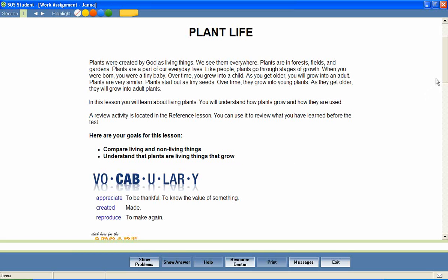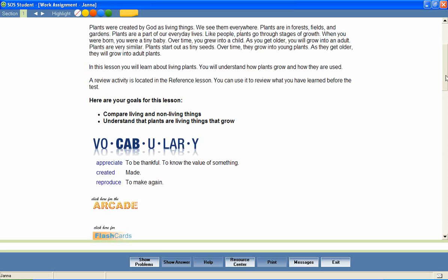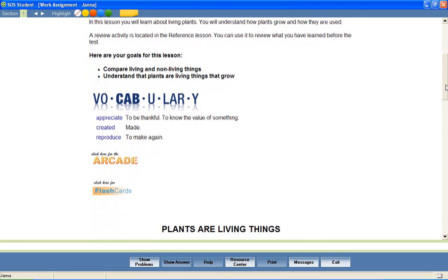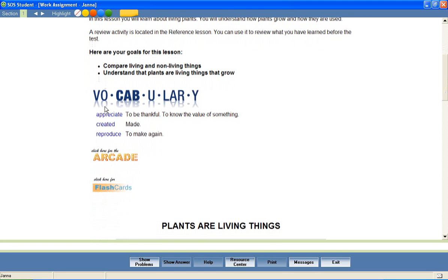of lesson content. At the beginning of most lessons, your students will also encounter a list of vocabulary words that will be used throughout the lesson. We've included several activities to encourage mastery of these important words. For example, students can hear the correct pronunciation of each word. Reproduce,